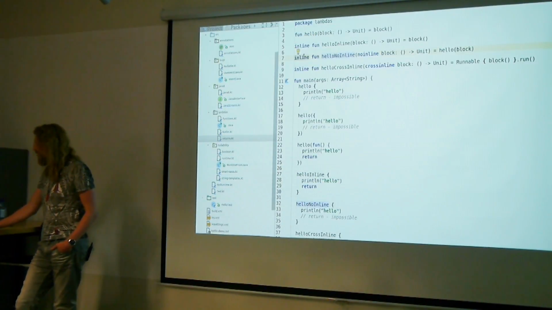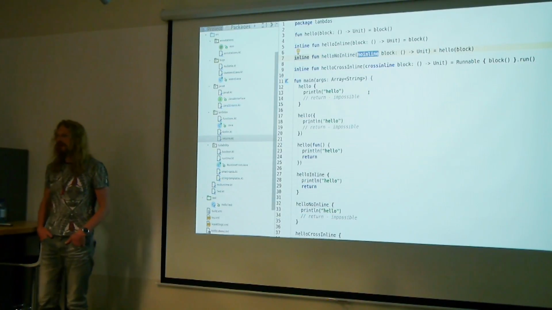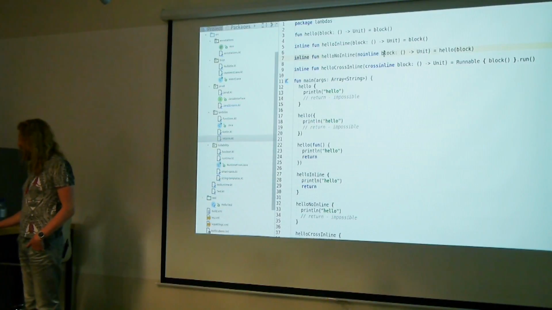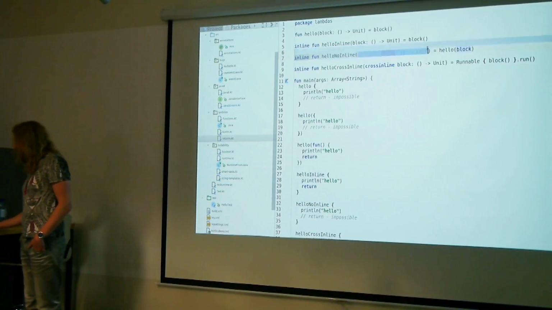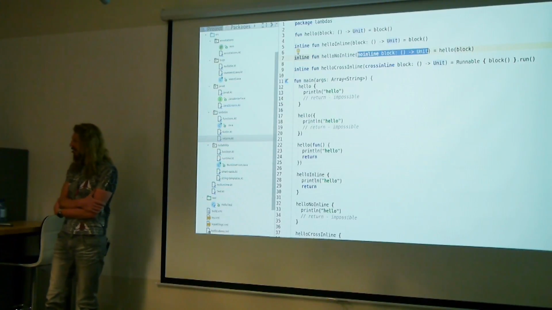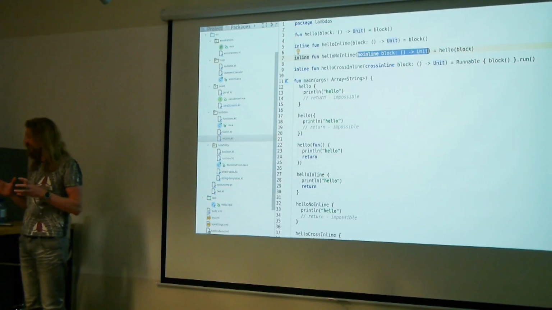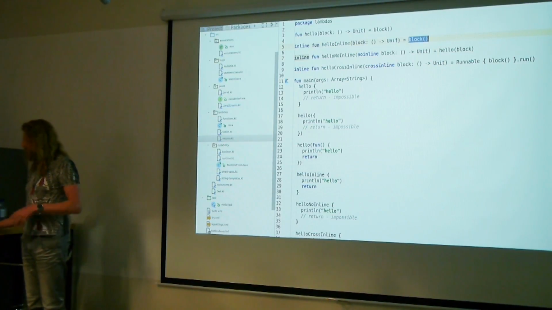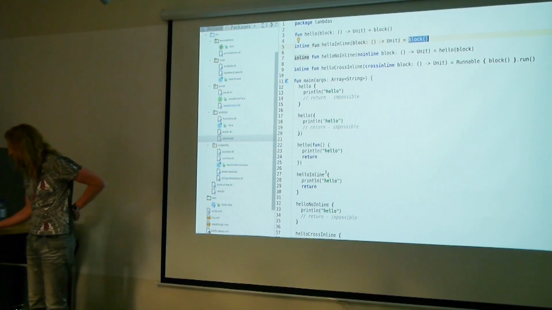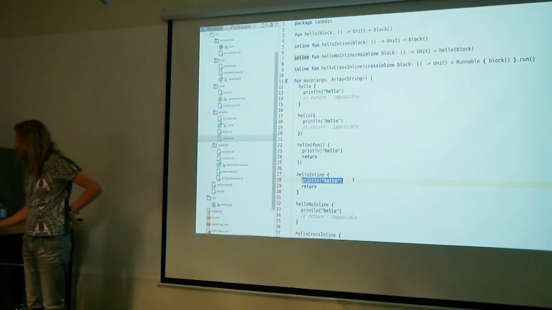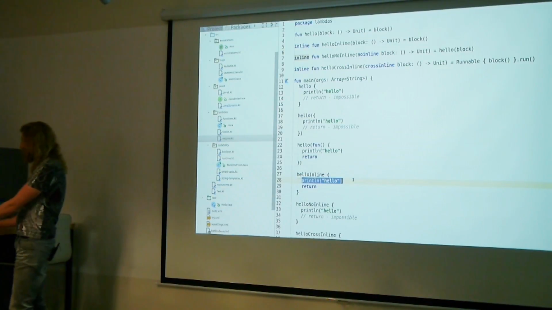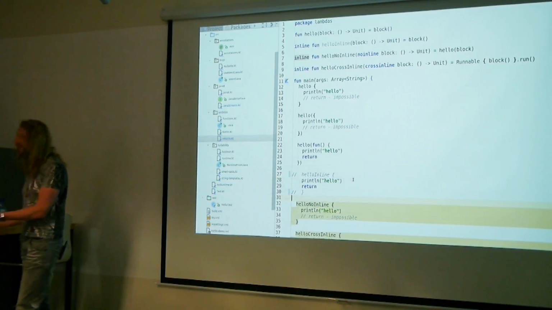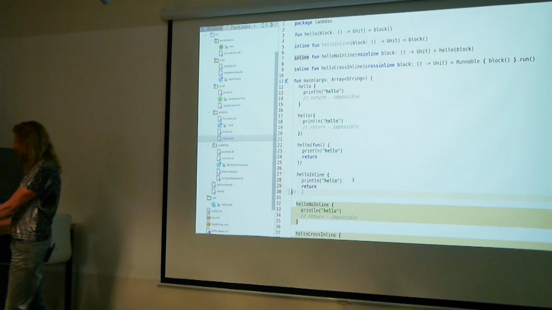So it actually uses inline function, but it uses the no inline parameter. And if I write no inline parameter for this lambda, I can use this kind of feature, for example, if I need to get this parameter as a lambda. So if in this function there is a call of block, but the block itself doesn't exist as a variable, in bytecode there will be exactly this code inside and nothing else. So if you compile this code, it will look like that, because it's inlined completely.